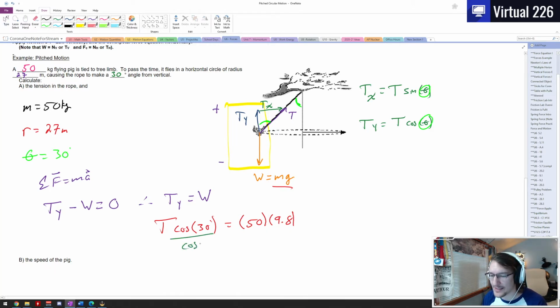Play a little bit of mathematics. So we divide by the entire cosine of 30 degrees. Remember, that's an entire term there. So divide by the cosine of 30 degrees. And that gives us our tension. So we pretty quickly find our tension here. And if we just math this out, 50 times 9.8 is a little under 500. So it's 490 divided by the cosine of 30. And what we find there is we get a value of